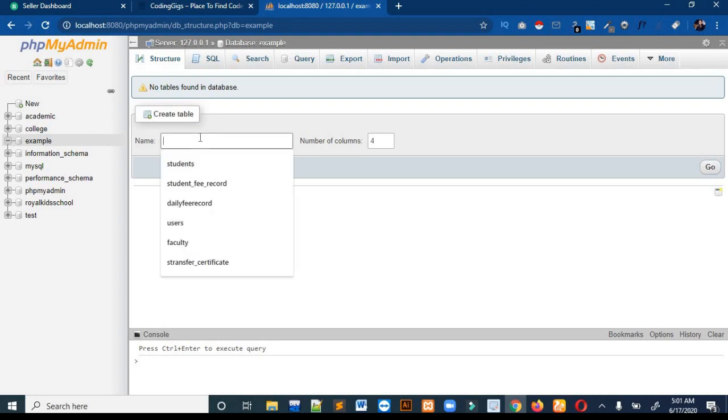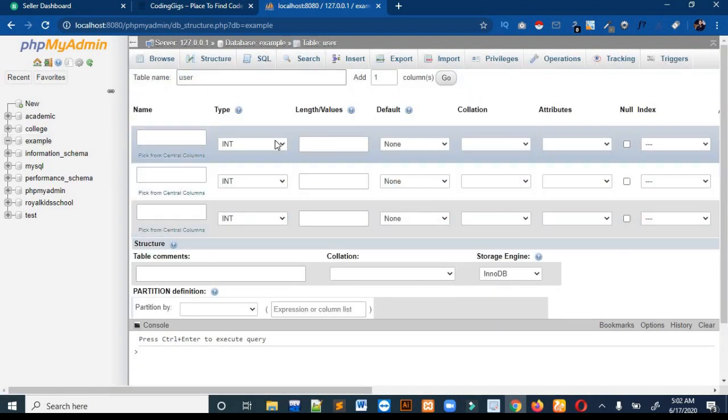I will name it user, and I need 3 columns, one for email, second for password, and third for primary key or incremented index number, which will be incremented automatically by the database. I will show you how. After selecting the table name and number of columns, click on this go button.